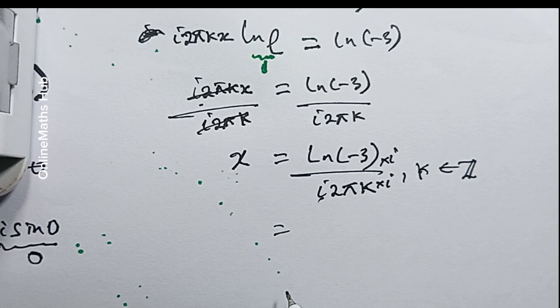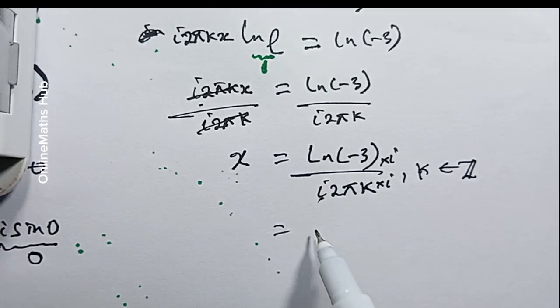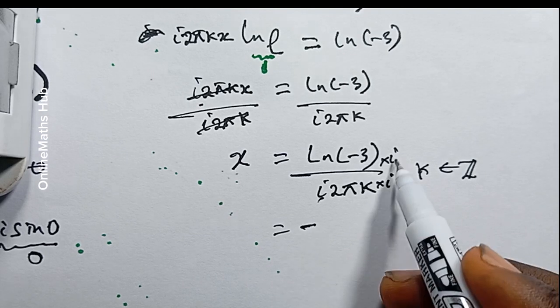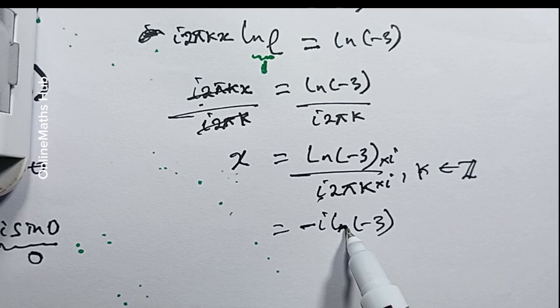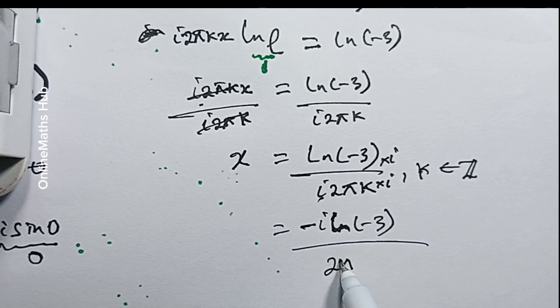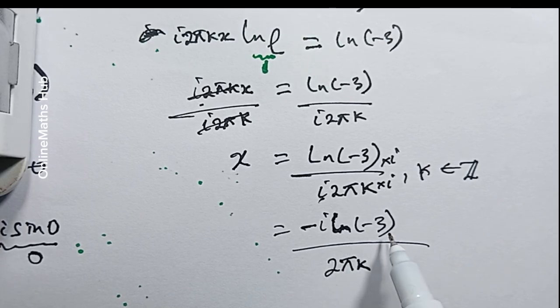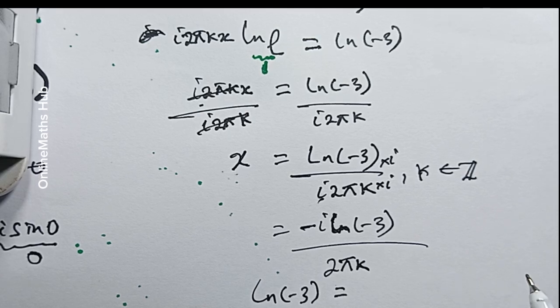at the denominator. And if I do that, this i times i would be equal to minus 1. So I'll push the minus up. Minus i multiplied by the natural log of negative 3. Okay, so this is what we're going to be having, divided by 2 pi k. And the next thing we want to evaluate, because of course the natural log of negative 3 does not exist,